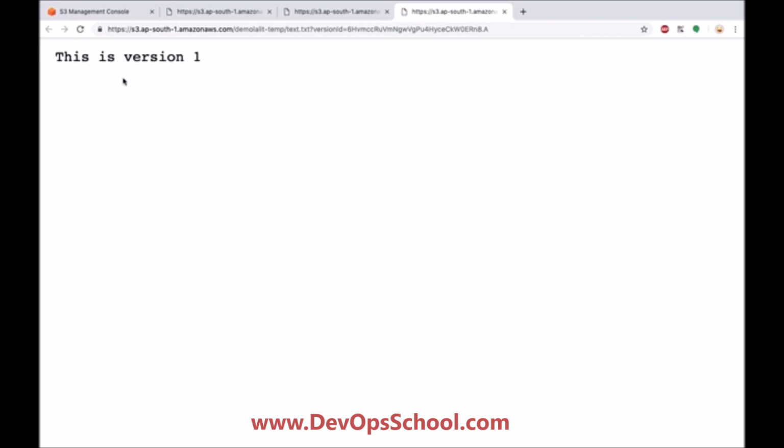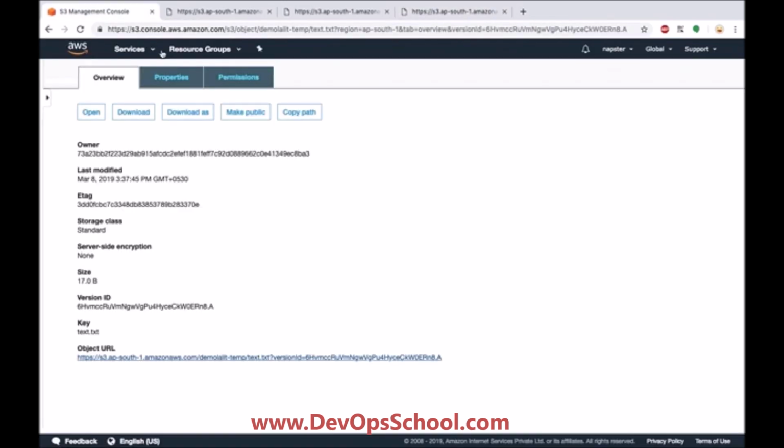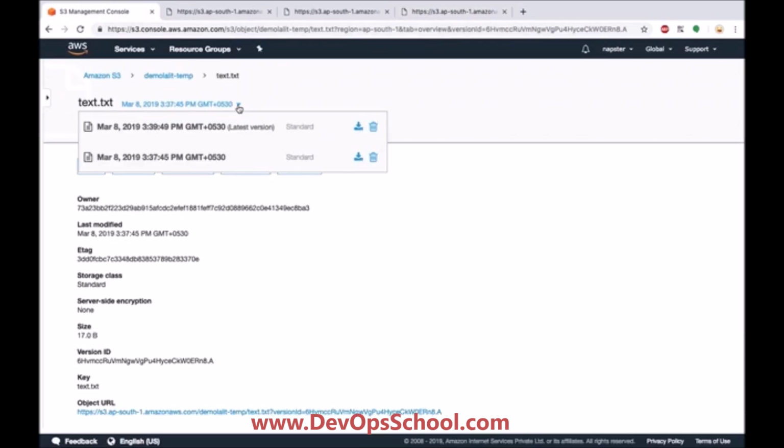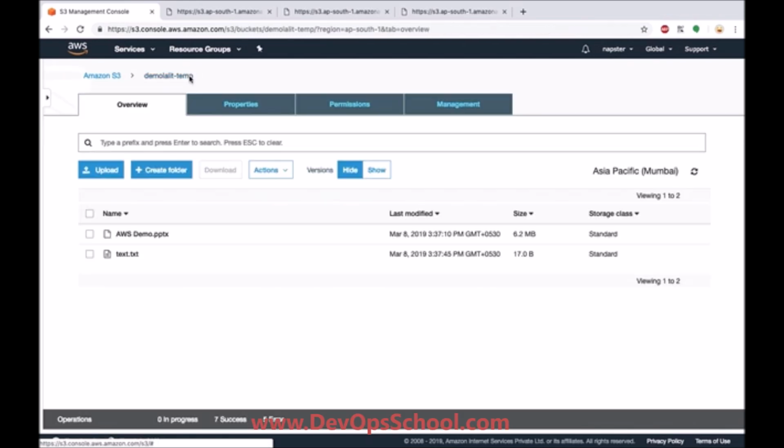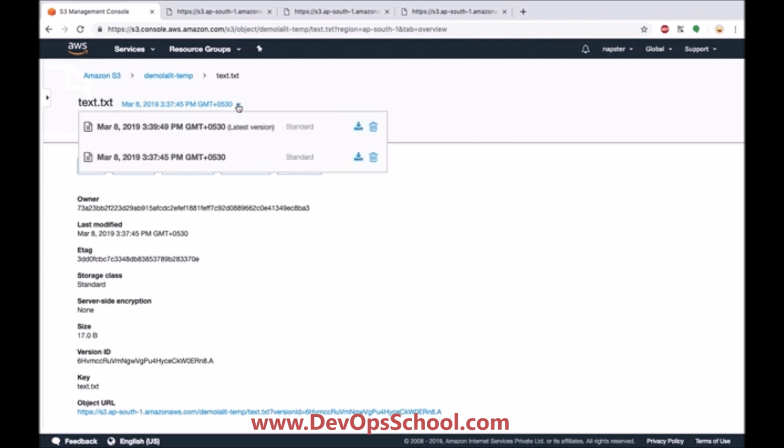Okay. So in this way you can, but you have to go to that path. Yeah, you click on the object. So you can delete also, but that delete will also create a delete marker. So you can again restore that object. Okay, so if I delete the latest version, then it will anyway show me version 1. Yeah, it will show you version 1, but also it will make a delete marker. So for example, if I just delete this,